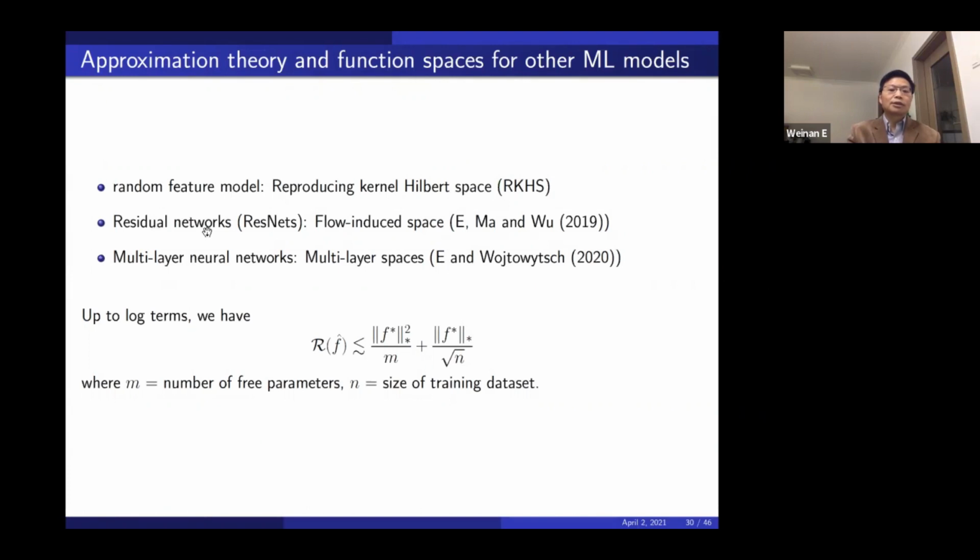For residual networks, which is a very popular neural network model, I don't have time to explain that, so I'm going to skip the details. But one can define an analogous Barron space, an analogous function space for ResNets, and this is what we call the flow-induced space. And for multilayer neural networks, one can also define an analogous function space. That's what we call multilayer spaces. If the target function belongs to these spaces, then one can prove